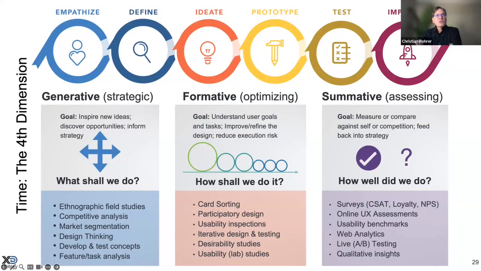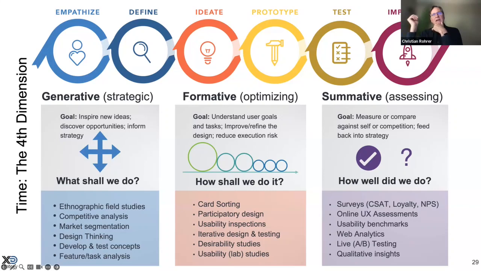All right. The fourth dimension I want to mention is time, because all of these methods live inside of a context of us working in a corporation where we're building or creating products or services. And anytime we're in that kind of activity, there's usually a set of phases that we go through. I'm just showing one example of a product development process at the top that happens to be from the Nielsen Norman Group. But you might have your own version of that, where you go through these different phases where you understand your customer base, you come up with some ideas and concepts, you start to design them, you create a version of it, you build it, you implement it, you release it, etc.